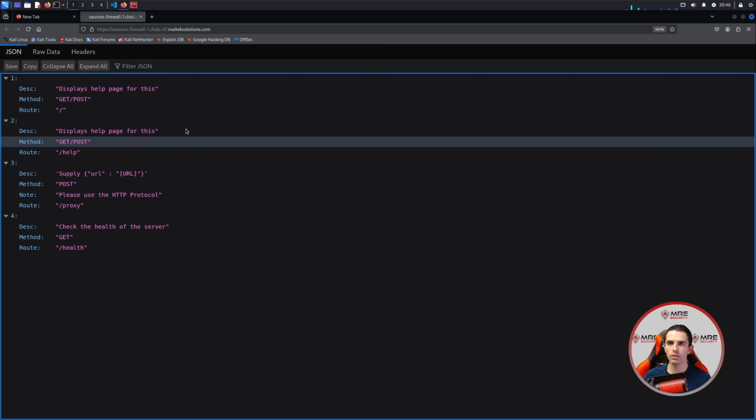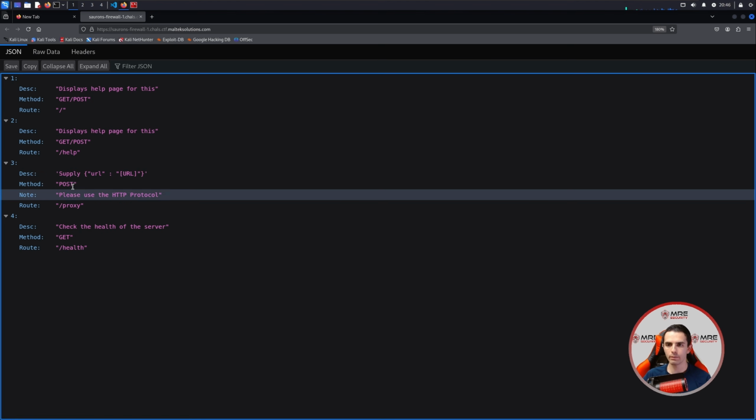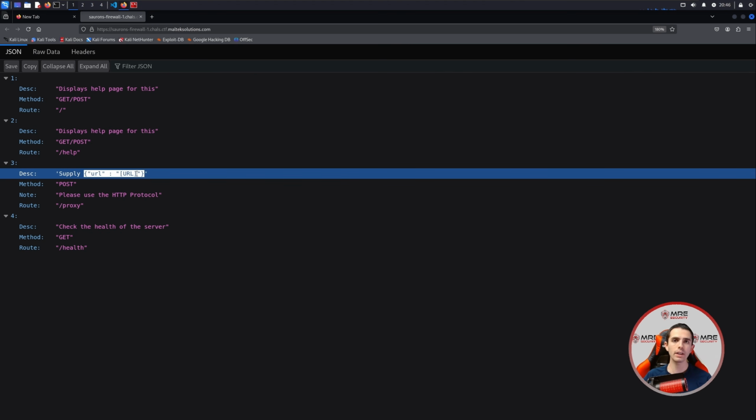So let's head over here, and we can see that we have an endpoint proxy, and this takes in a POST, and we need to supply it a URL parameter. Whenever you see a URL parameter, the first thing that should come to mind is server-side request forgery, or SSRF. This is typical for an SSRF vulnerability because whenever you have to deal with URLs, most of the time you're going to try to access internal server information,